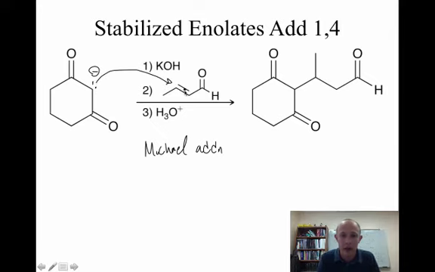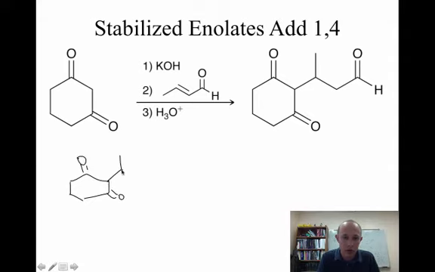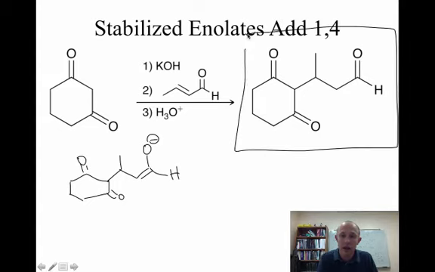So we add to the beta carbon. This moves over here. This moves over here. So the result after step 2 is we get this. Now we add acid. Acid protonates this oxygen, and then that enol undergoes tautomerization to give this product, right? And the net